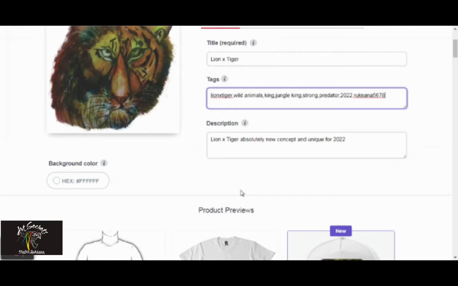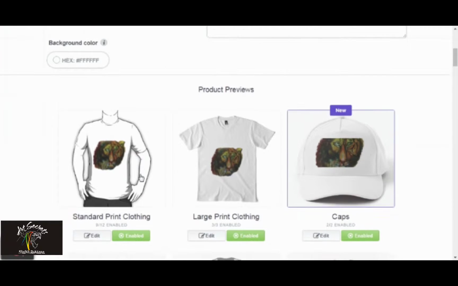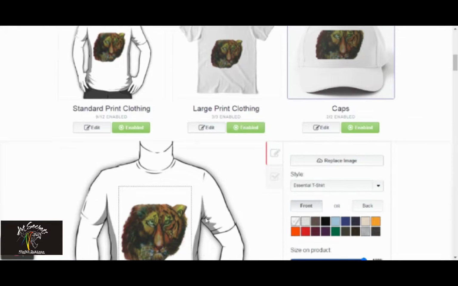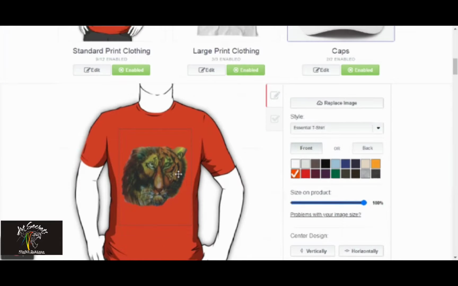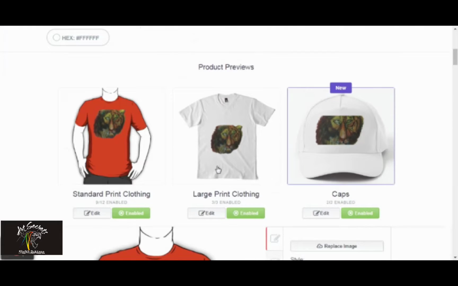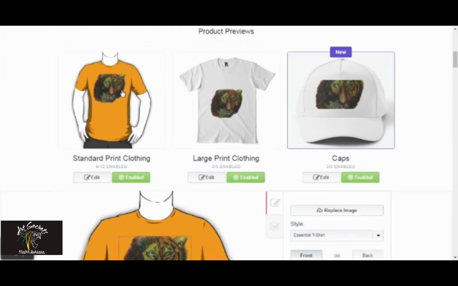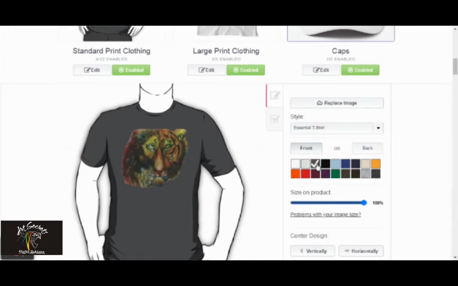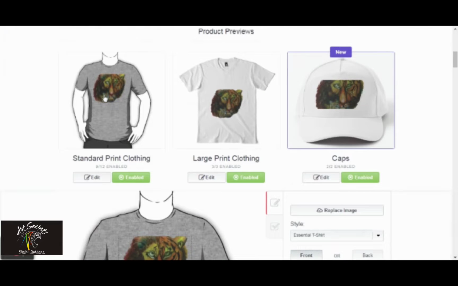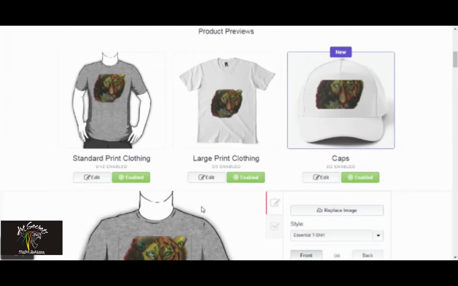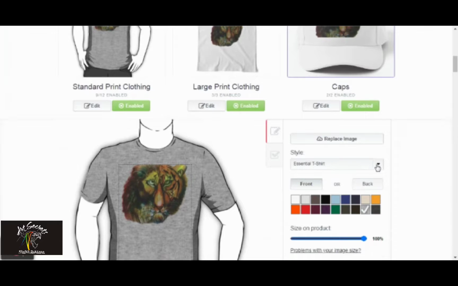And now after finishing all these things, I'm going a little below, where all the apparels and the accessories will be shown. Now I've clicked the edit button over here, which is on the right side in the corner of this t-shirt, and you can see the colors over here in the boxes. Now I'm trying to see which of the background t-shirt colors this image goes well with, so that I can select it. I'm changing the colors as per my print, the artwork which I have taken over here, and accordingly I'm just seeing.